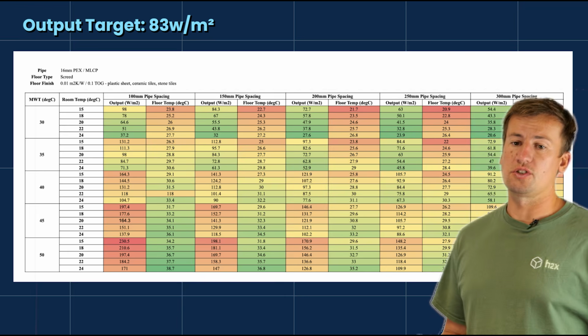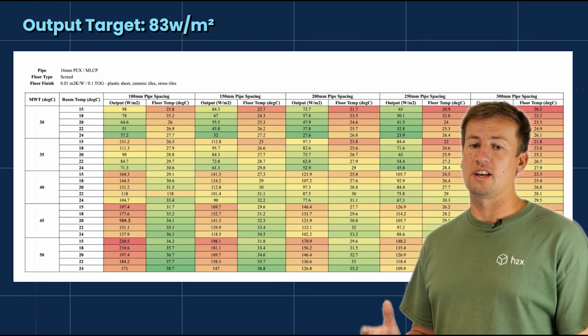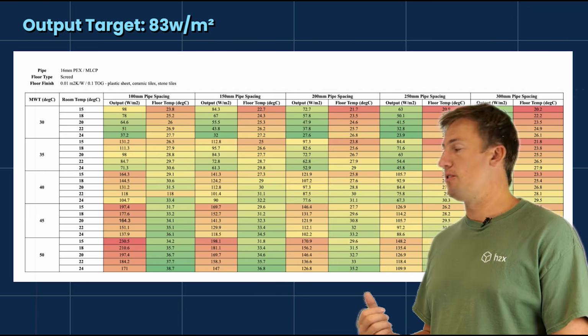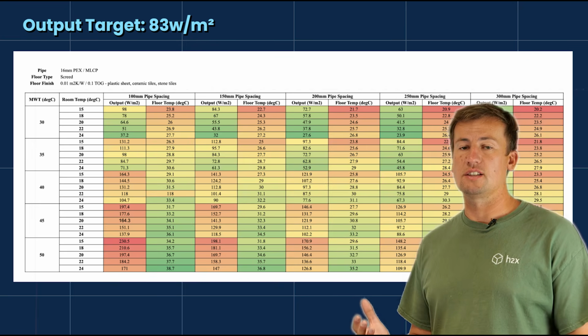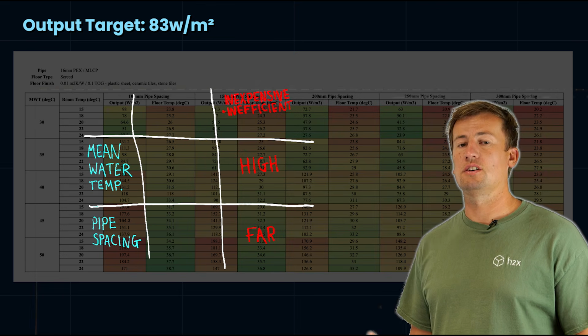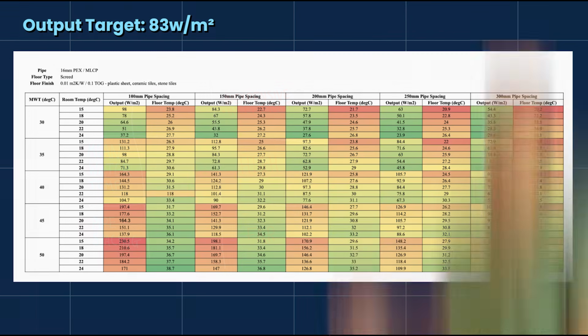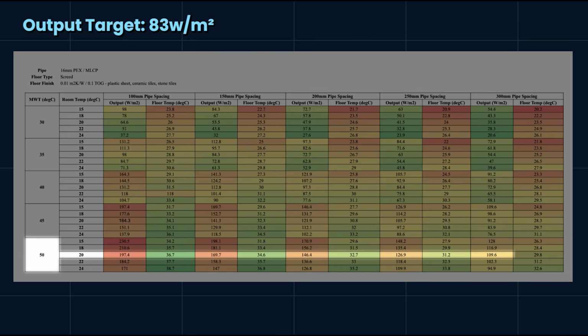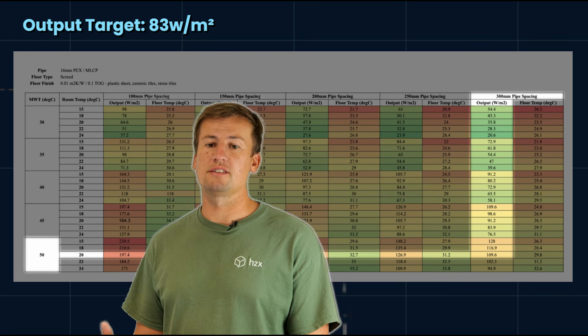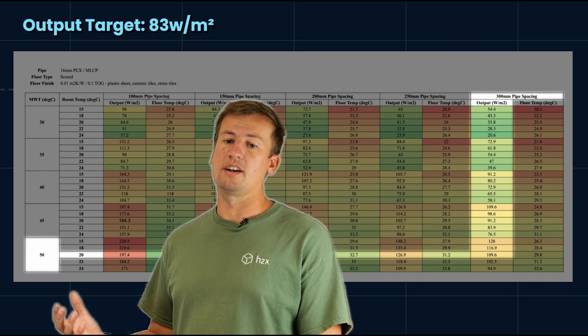And just like we discussed earlier, there are several ways to hit the target. The first way we're going to look at is the low capital expenditure, but the high operational expenditure. So that's the 50 degrees Celsius or 122 degree Fahrenheit water. That means we only need to put pipe spacings in of 300mm or 12 inches, which means it's going to be cheap in terms of needing less materials and less time spent, but the client is going to have much